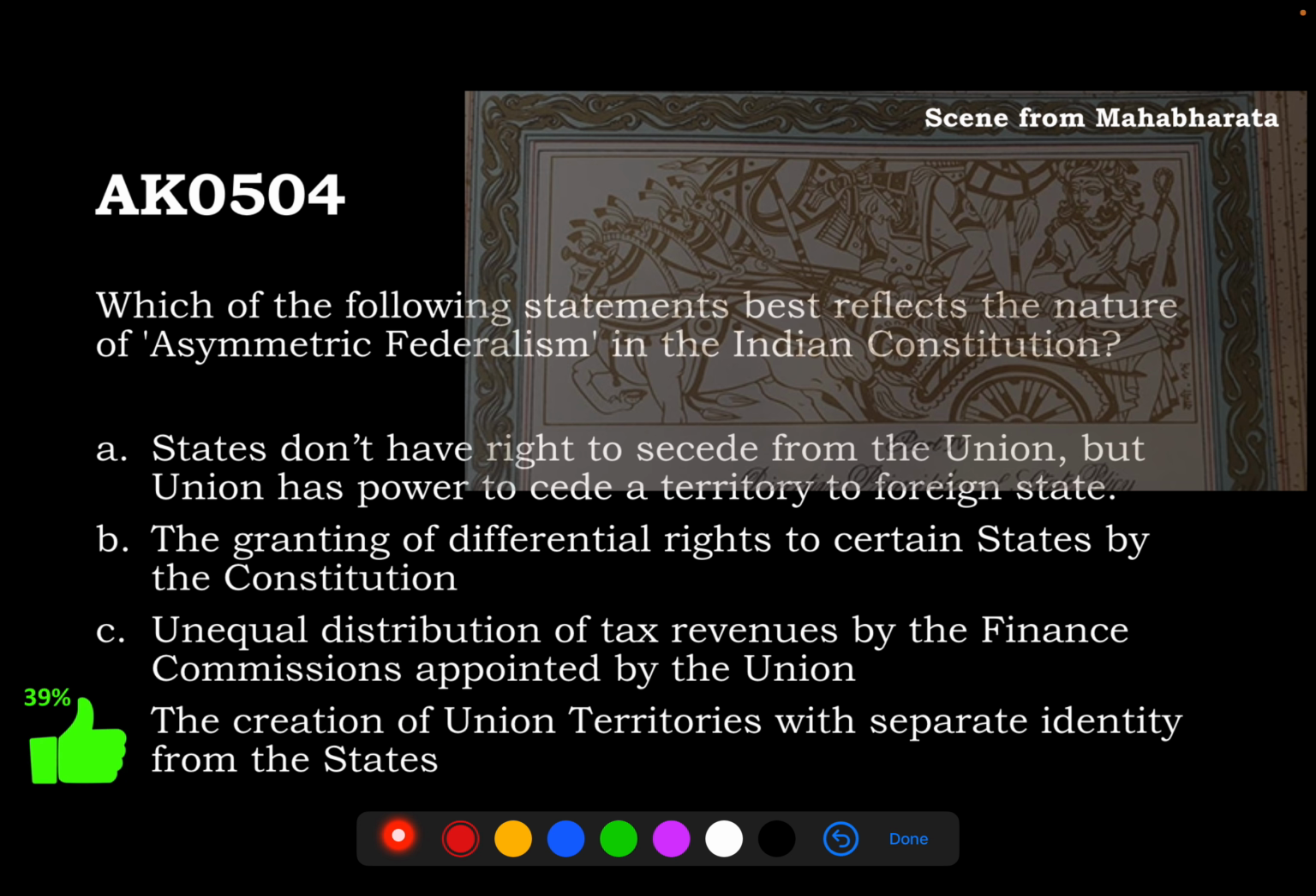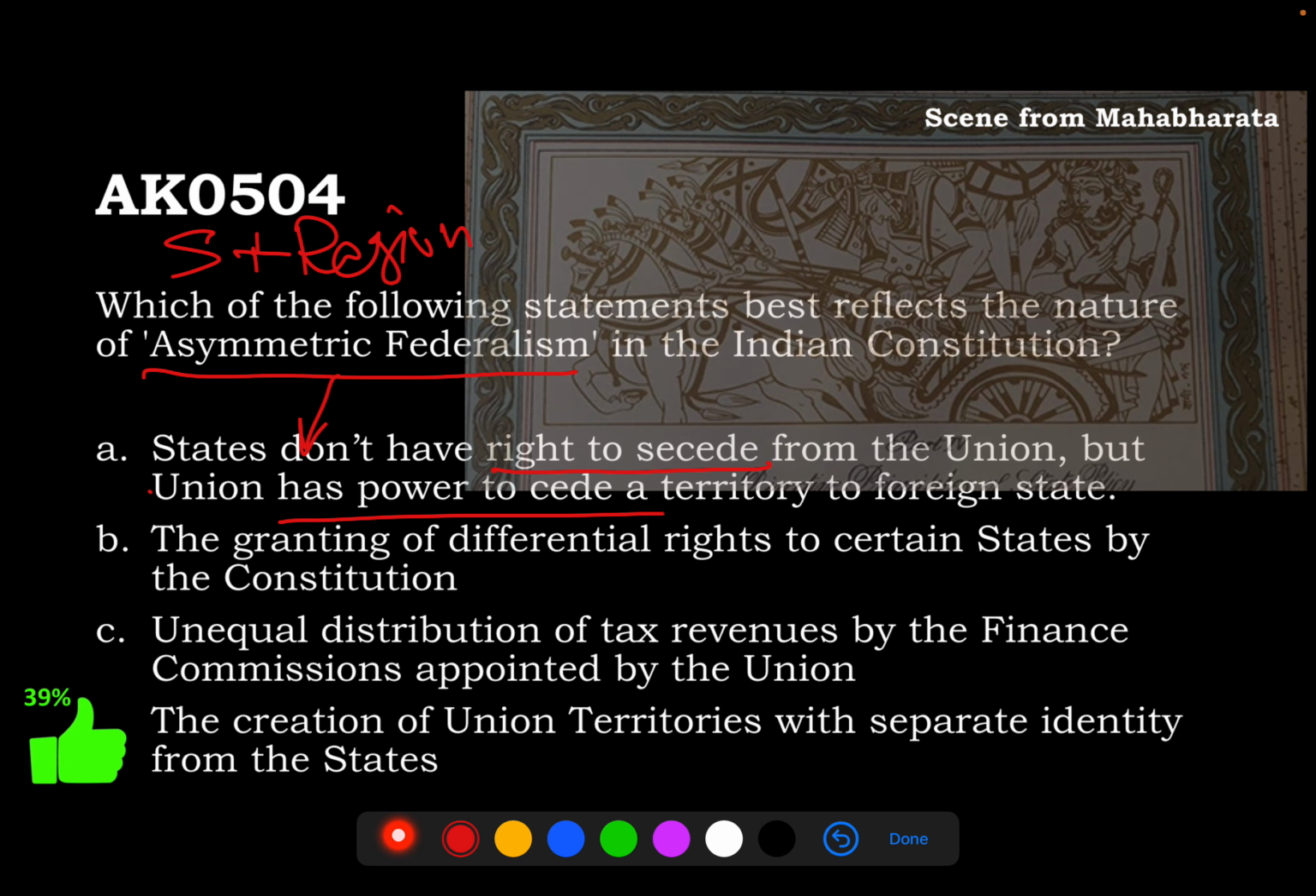Next question is regarding asymmetric federalism, where some options have been given, such as states don't have right to secede from the union, but union has the power to cede a territory. Now, that statement as such is correct, but that is nothing to do with asymmetric federalism. Asymmetric federalism, very simply put, is a system where different states or different regions in the same federation, they have